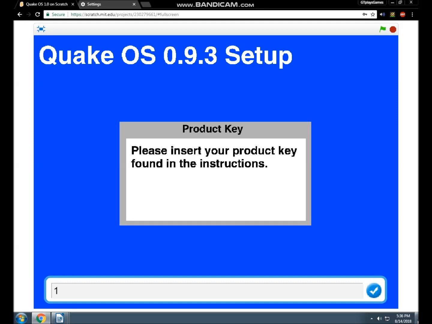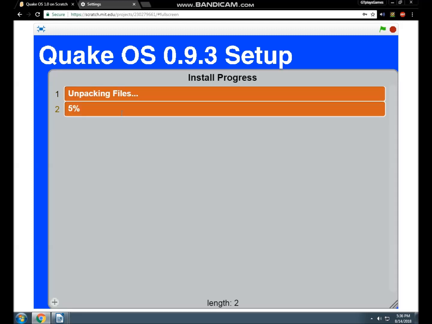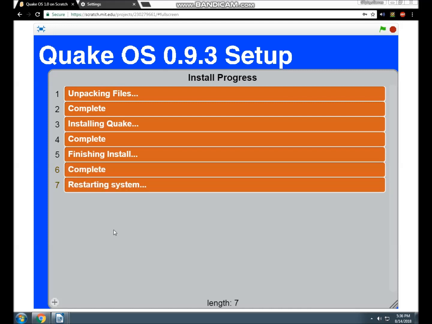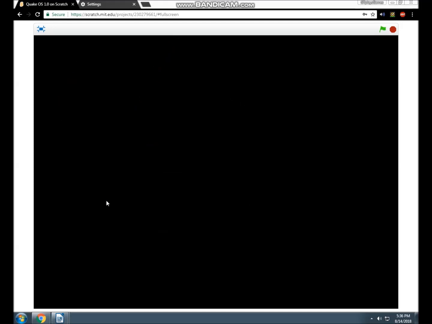Anyway, the product key is 111-22222-33333-44444-55555. And then enter. Then it says correct. And then it's going to start installing. And so now it's about to finish the install. As you can see here, it's up to 99% complete, and then it's going to restart the system, and you're about to see the boot up. Actually, no, you're not. My bad. And then that's the beginning boot up logo.